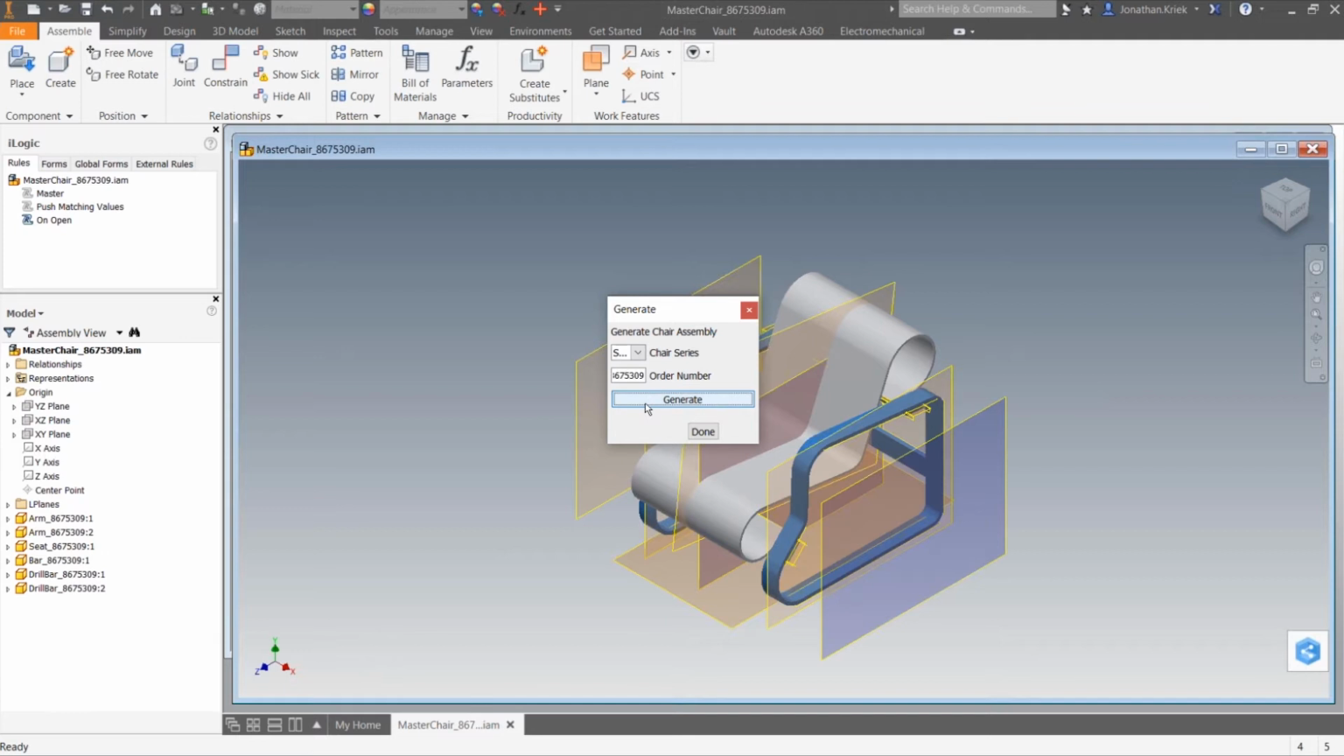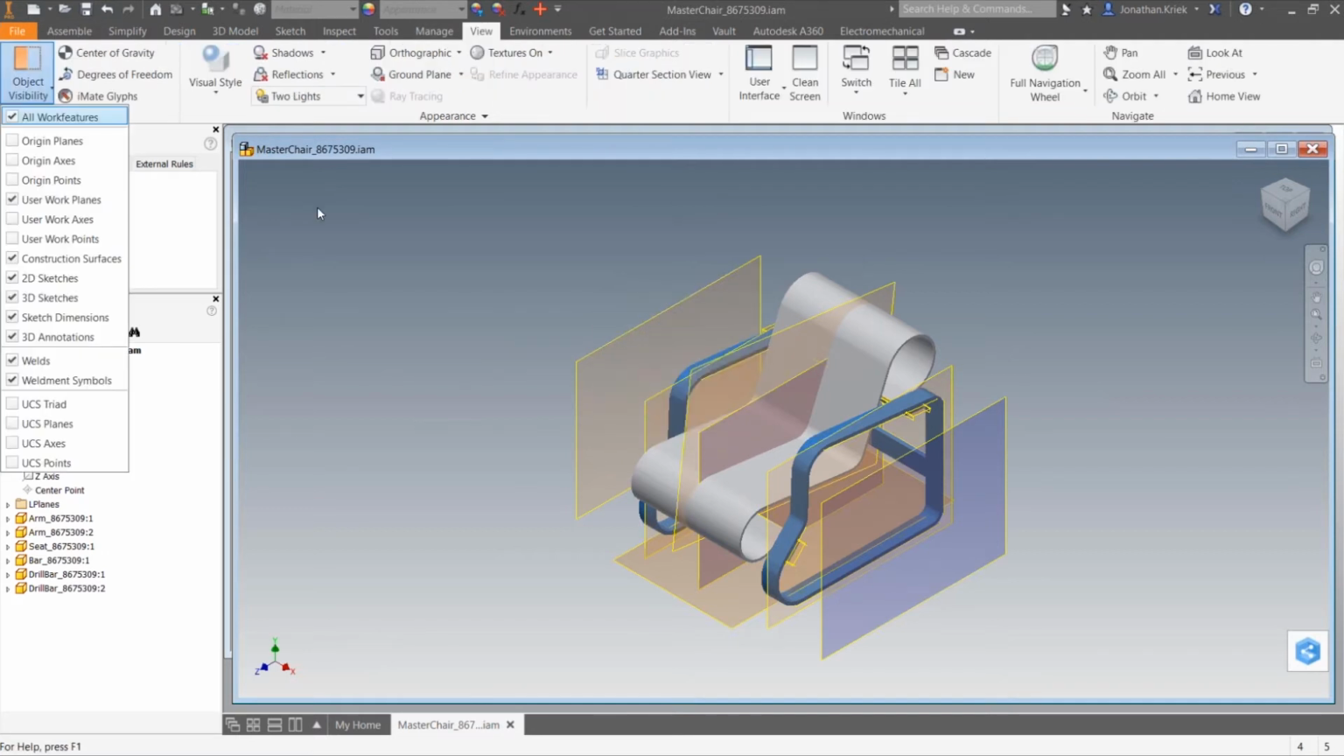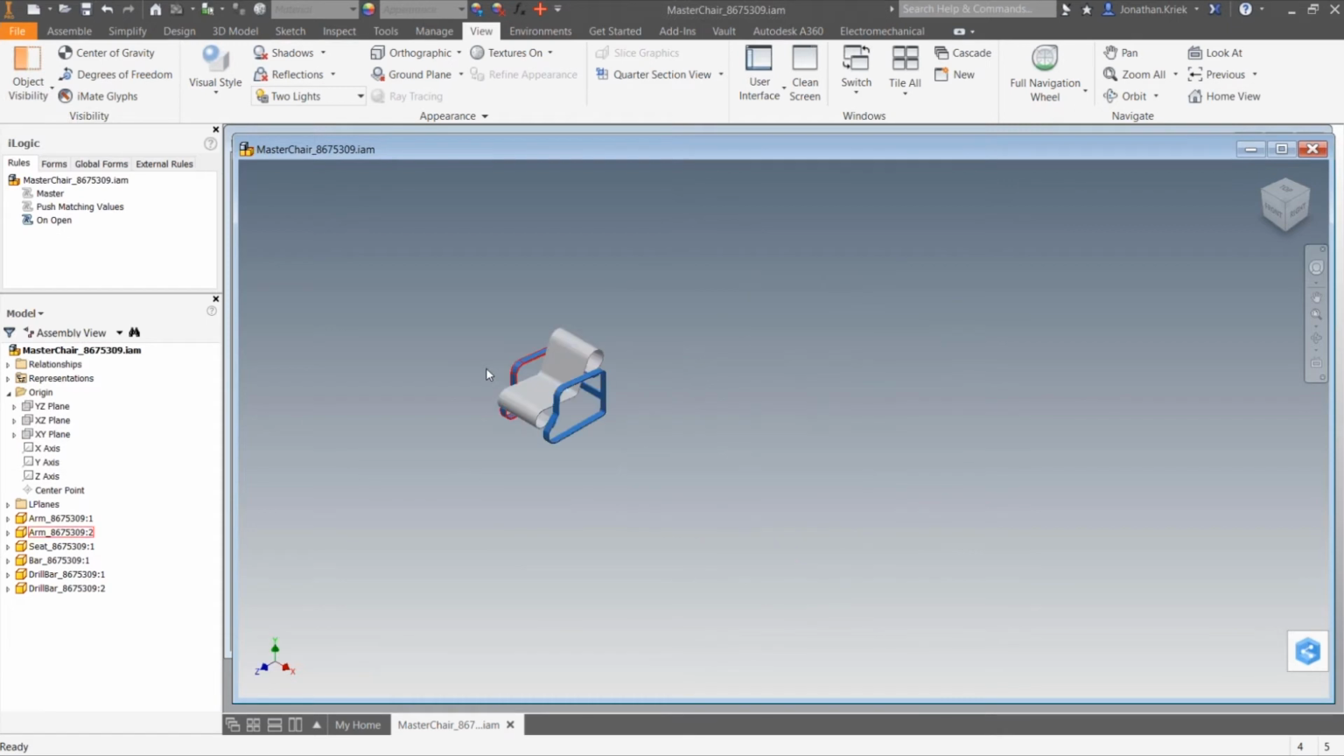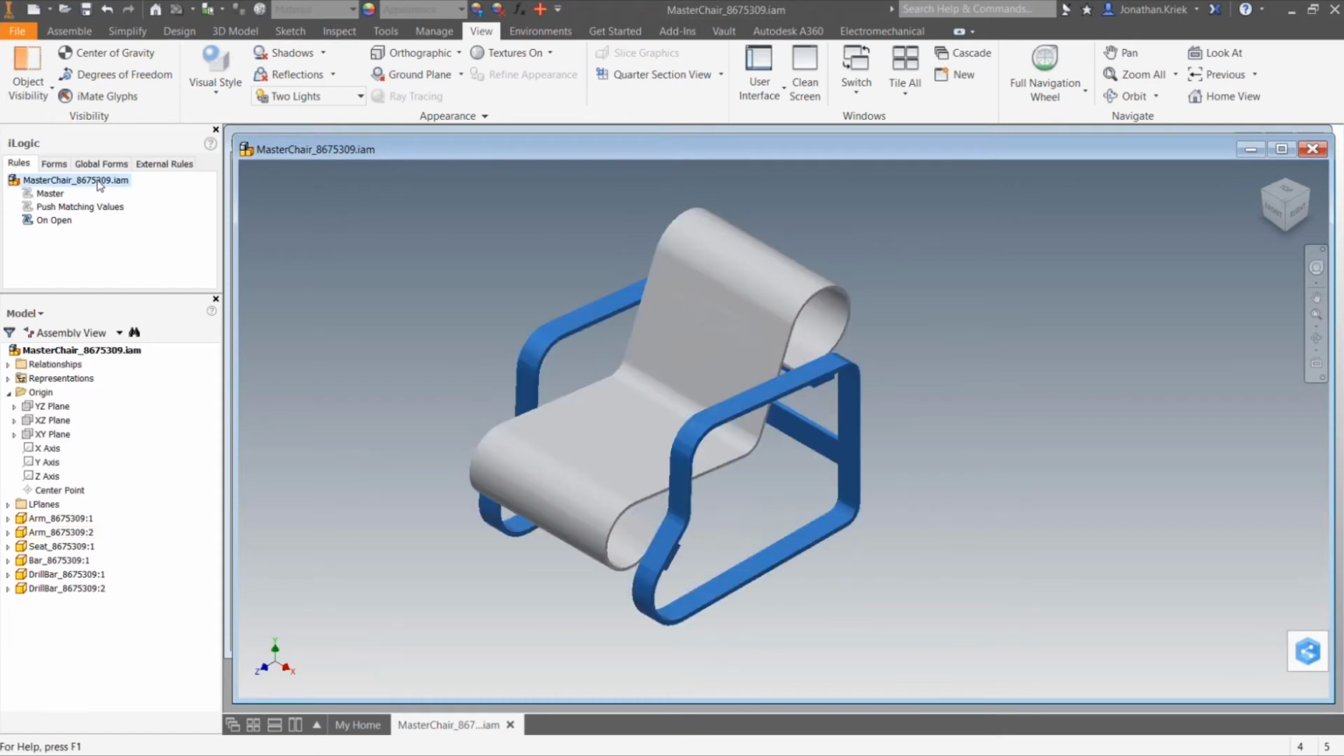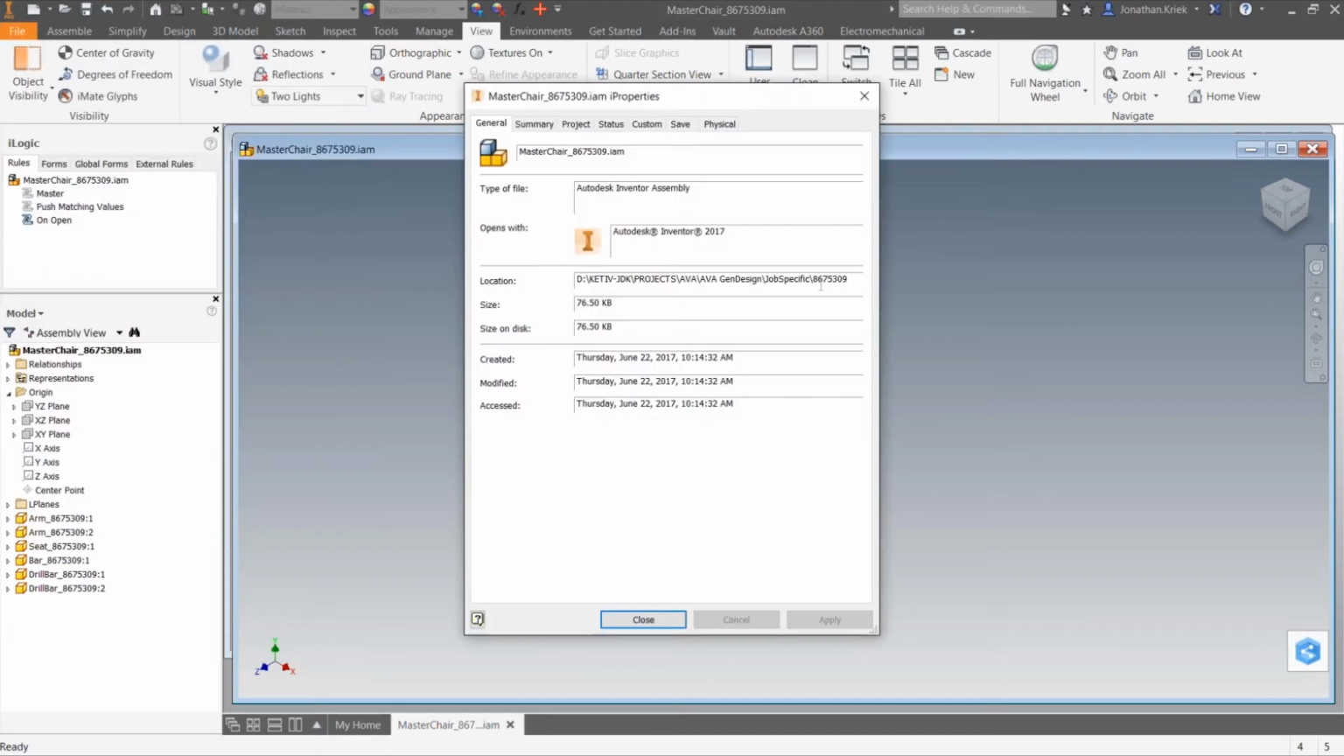So all that happened in just that one go. Let me turn off the work planes and visibility here. We're no longer in that template instance of Assembly 7. We're actually in master chair 8675309. If I look at my path for that assembly, we're in a project-specific folder with that same number, okay? So we've moved away from the template, and we use that as an instance to now